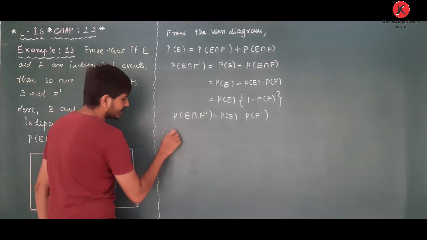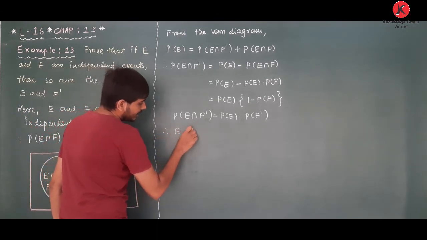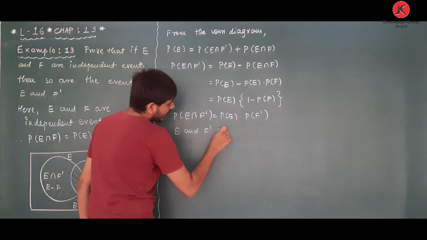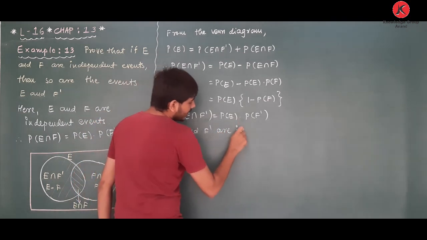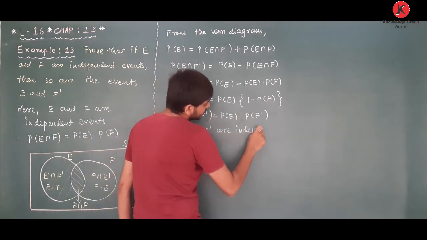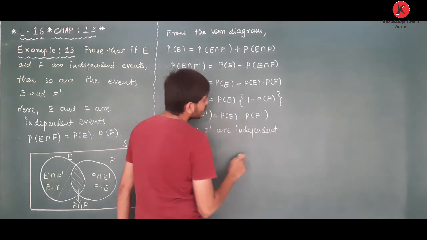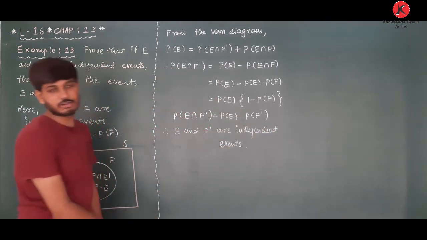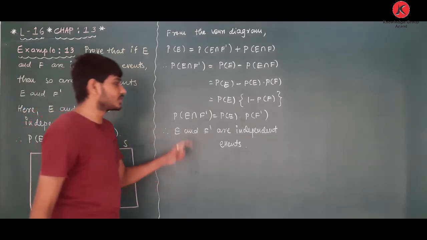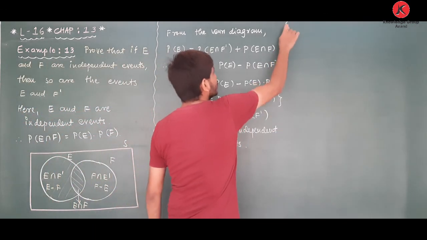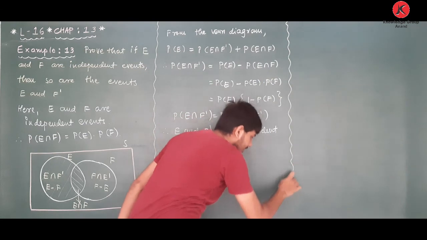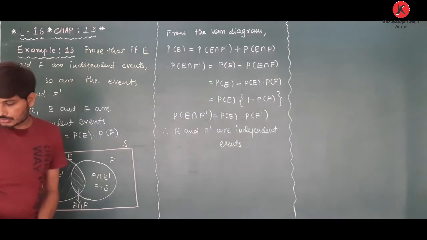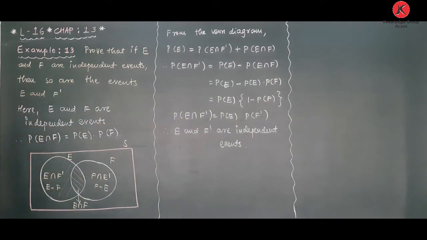Therefore we can say that E and F dash are which type of events? Independent events. This logic we used in the exercise question to solve it, and now we have proved it and understood it. Clear? Now we are going to discuss the last example